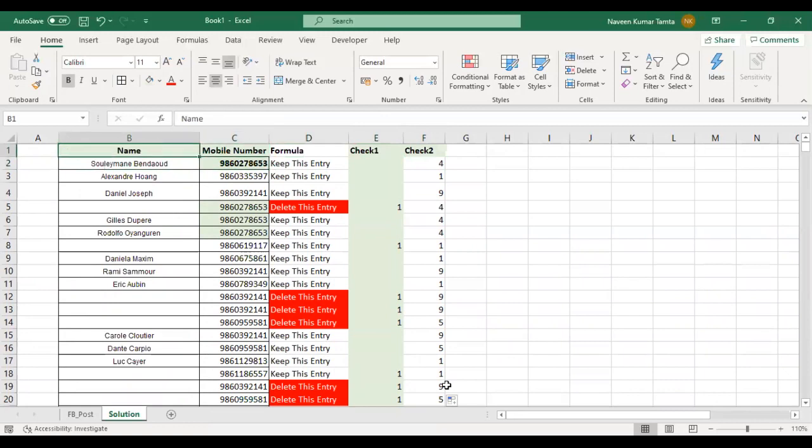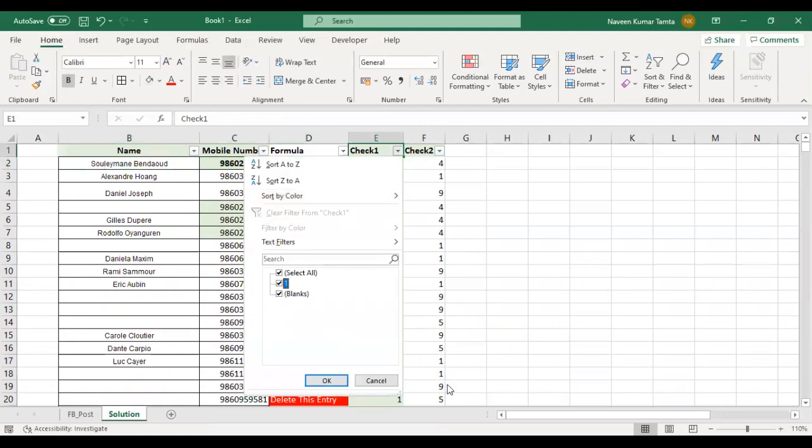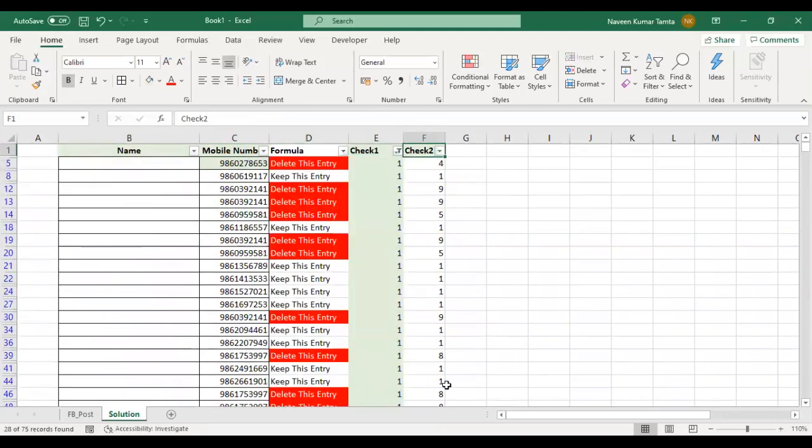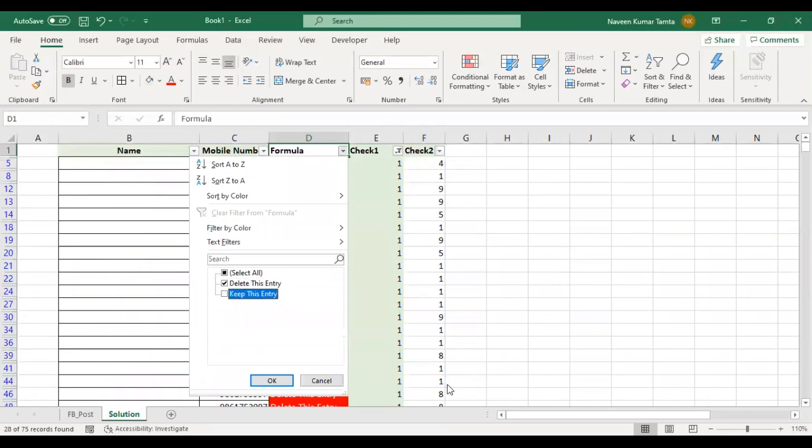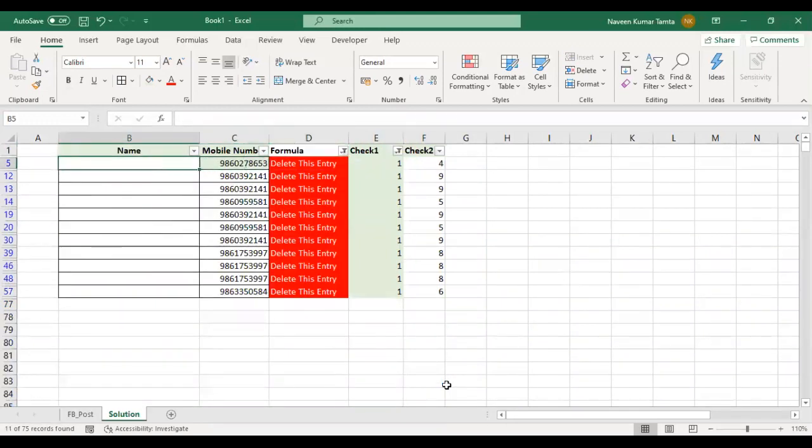So guys, now I'm going to filter out the ones which have numbers. And here, if I say delete this entry, so guys, if you have a look here, all these numbers do not have a single value.